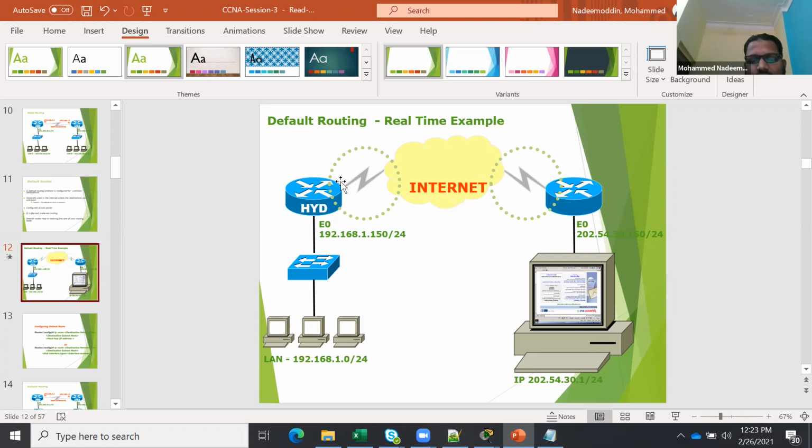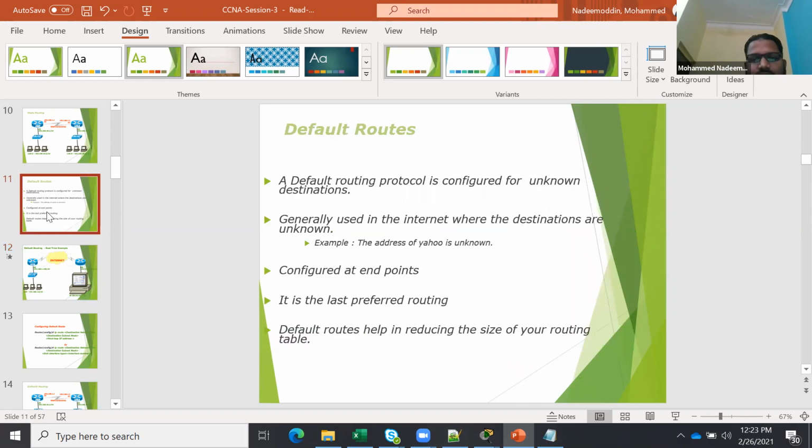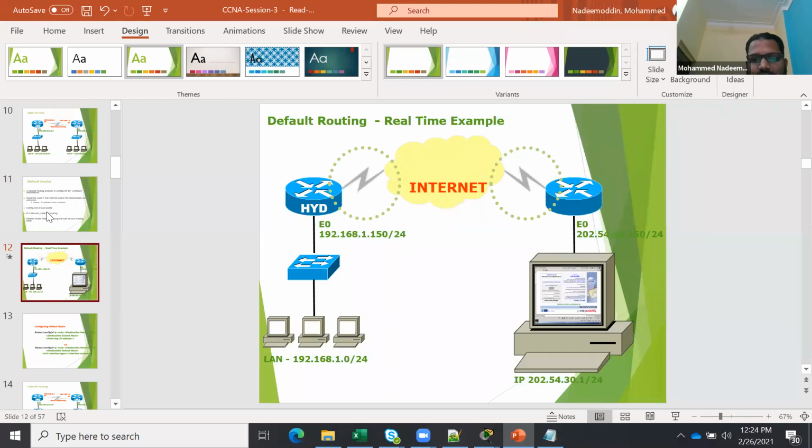So from here you are going to the internet. Finish. Nothing else. On the ISP side, you don't need to do anything because the ISP will have all the routes. So remember, the default route is used for unknown destinations, and it is for the internet.